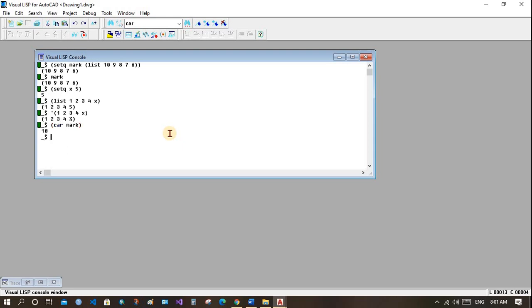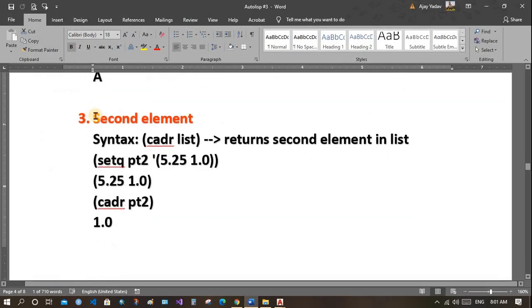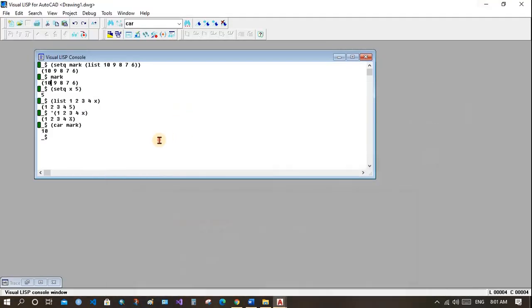We already know what the mark contains. Similarly for second element CADR. The second element is 9.